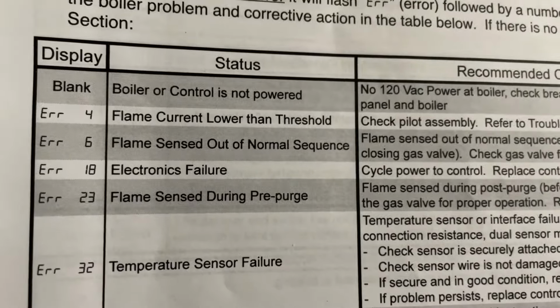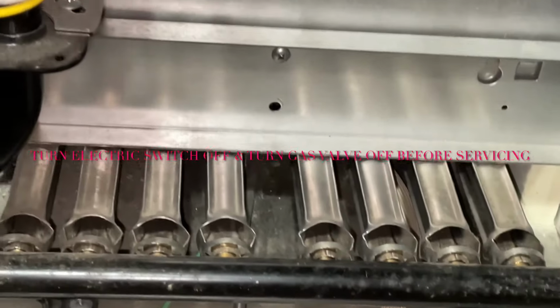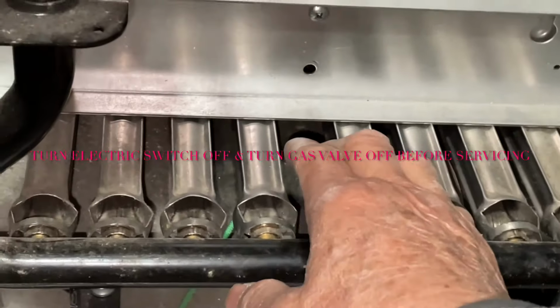Attached to this burner tube here, and you have the pilot gas pipe going to the gas valve over here. If you can pull this burner tube out far enough after you remove this flame rollout cover, you can try to clean the flame sensor if that is the problem. A lot of times when the flame sensor is dirty, you cannot have a flame proofing, meaning they can't verify whether you have